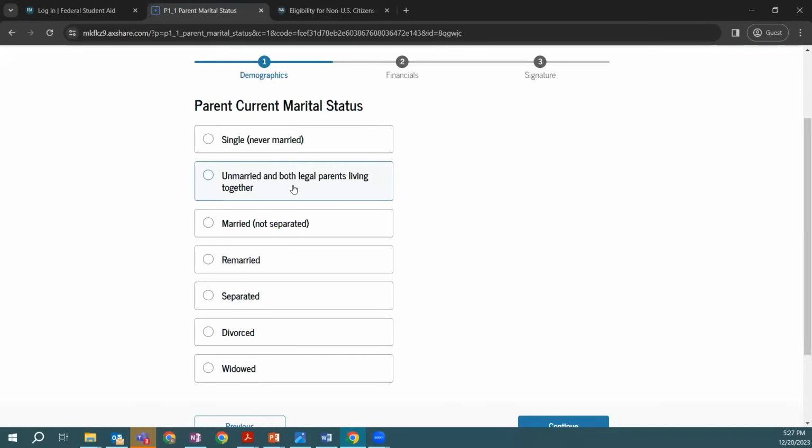If the parents are unmarried and living together, they're going to have separate tax returns, so both the parents are required to fill out and sign the FAFSA. If they are married or remarried and they filed taxes jointly for 2022, then only one parent will need to log in, provide consent, and sign the form. Now, if they are married or remarried and filed their taxes separately, both parents are required to fill out and